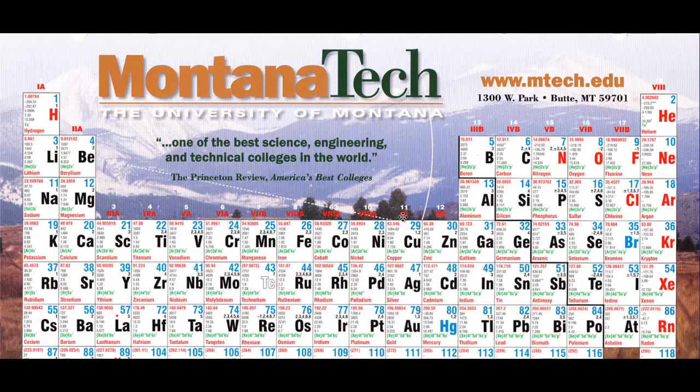Copper's average atomic mass is 63.546 AMUs. Remember that copper's one of those atoms that we're not going to round off to the nearest whole number, and we're going to say that copper's mass number is 63.5 AMUs. So a single atom of copper would have as its mass 63.5 AMUs. If I have a mole, if I have Avogadro's number, if I have 6.02 times 10 to the 23rd copper atoms, I have 63.5 grams of copper.